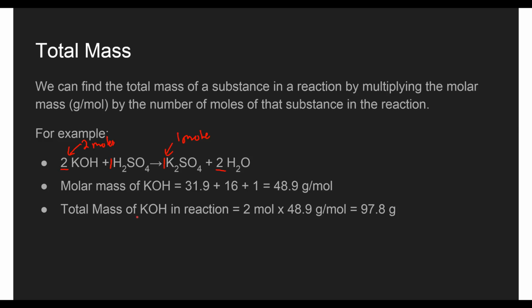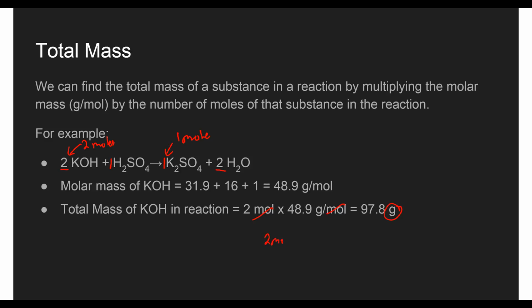Well, the total mass of KOH in the reaction we have, so to find it, we take 2 moles and we multiply it by our 48.9. Now if we do that, what ends up happening as far as units go, these cancel out. Okay, and that's how we're left with just the grams right here, because you could think of it as 2